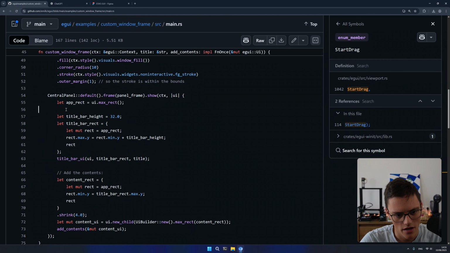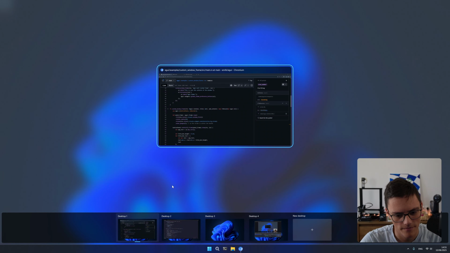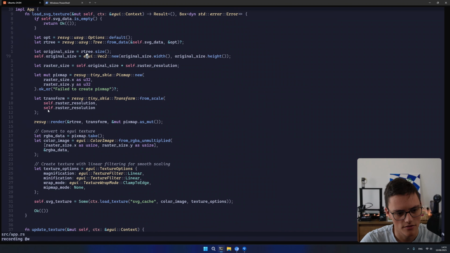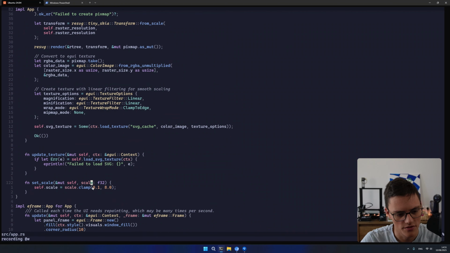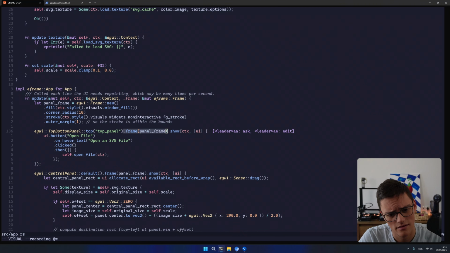Title bar UI. Okay, so I guess I need to do something else. I need to, let me go to my user interface. I don't need to frame everything, rather,